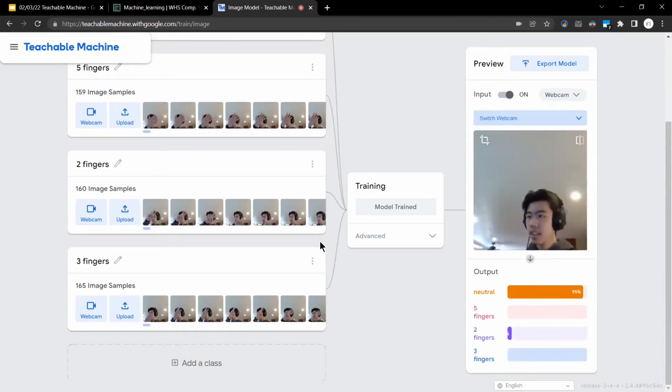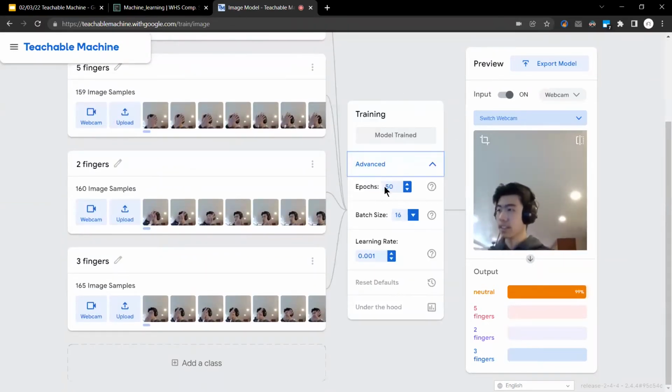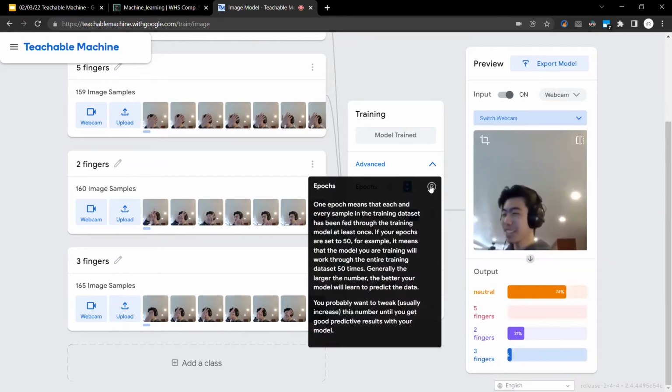So now you can play around with the Teachable Machine yourself. It's pretty interesting, and if you have any issues or questions, you can message or chat. But now let's take a look at the advanced section. I actually don't know how to pronounce this. I think it's epochs. I forgot, but basically, one epoch is like an iteration or a loop of